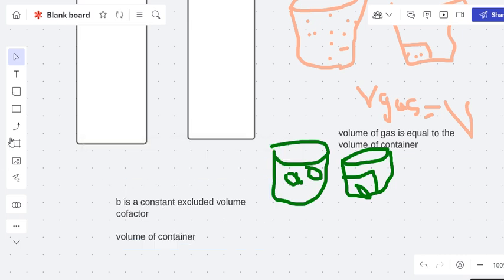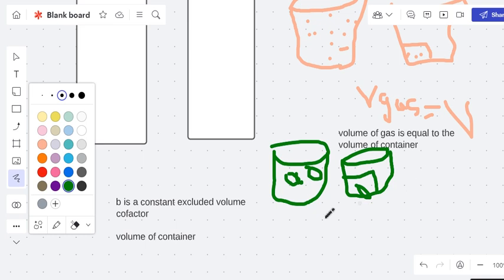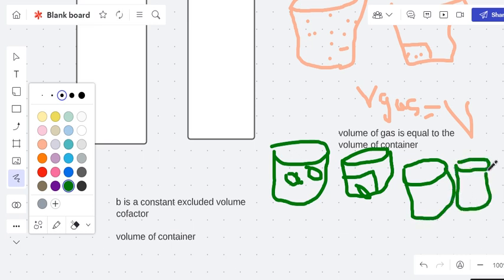For example, we can understand it with the help of an example. The same example, two containers. This is something like this. We have molecules spread all over the container. They have large size. But if we compress them, we have to neglect this space where we have compressed all the molecules, because it's occupied space, right? So we have to neglect this volume to consider the rest of the volume of the container, right?